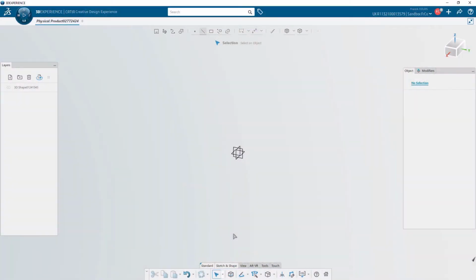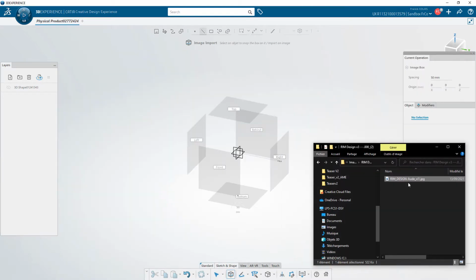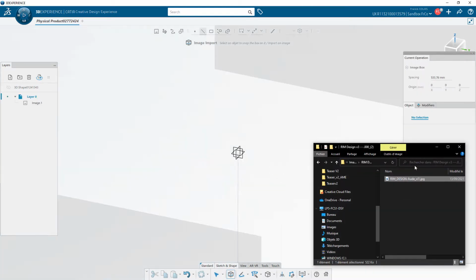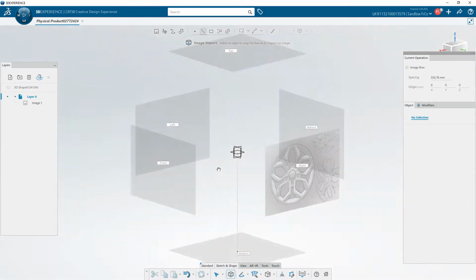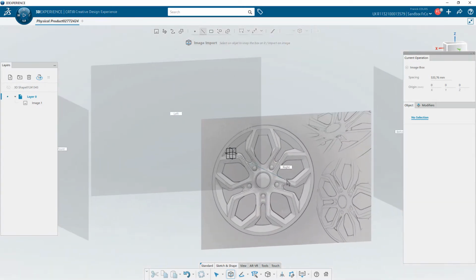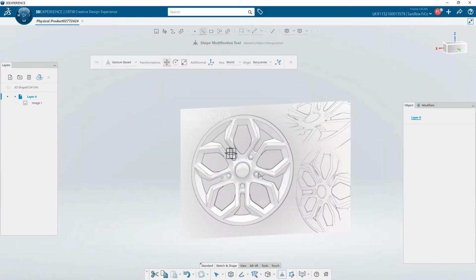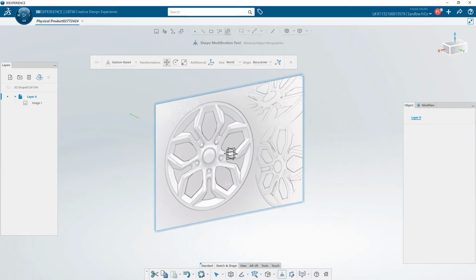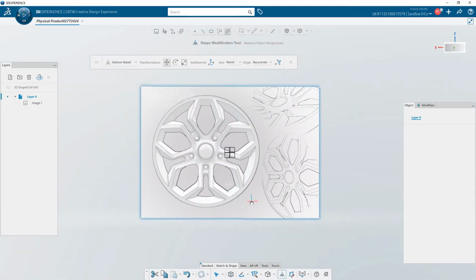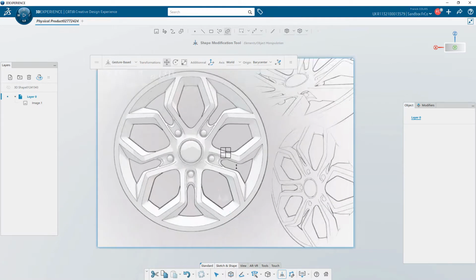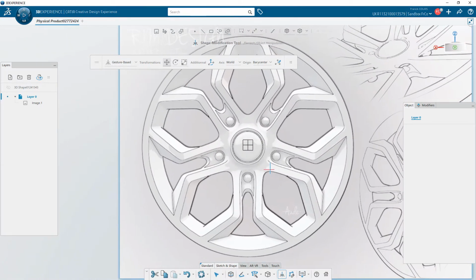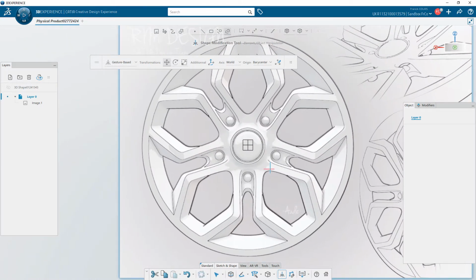Now, let's go to the session with the first step, import an image in Creative Design Experience. Start by launching the import command in the action bar. A cube appears, just drag and drop your image from the Explorer in the view you want, and your image is in the 3D. I switch to the orthogonal view thanks to the VNav, and start to replace the image by translating following the XZ plane.